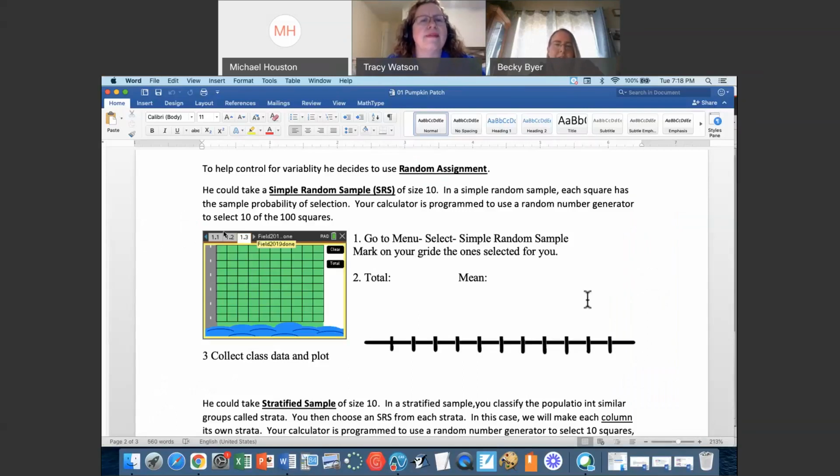And so what are we doing on these? So this is what we were talking about. This one says to have the students do a simple random sample. So the picture is there. I have the kids actually color in on the image off to the left-hand side the 10 that they sampled, because when we get to our class dot plot up on the board and we're copying it on the paper, it's nice to say, okay, those of you who had a higher average, can you tell me what your field looked like for your sample? Those of you with a lower mean, can you tell what they look like? And so the kids can come up with why those numbers might have an outlier one way or the other. But then having them write it on the board.